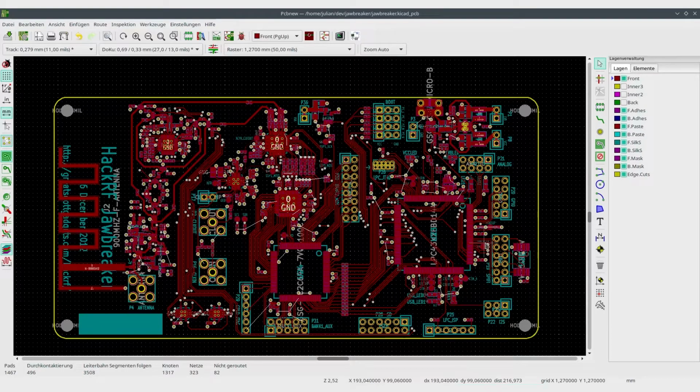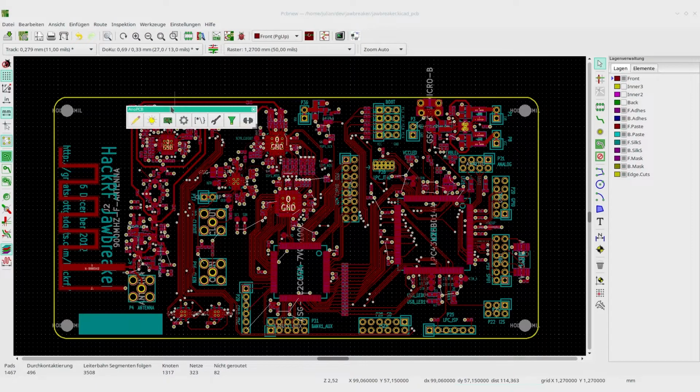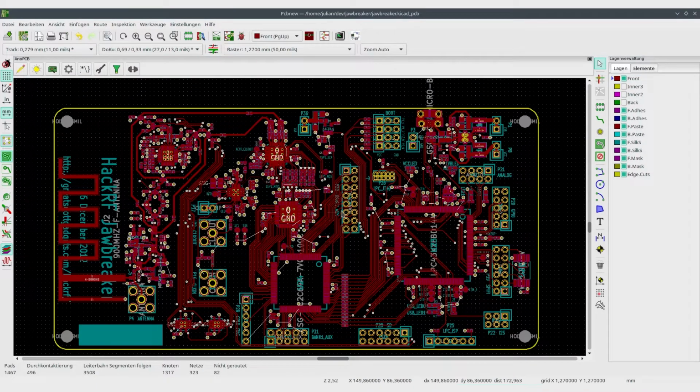This is a tutorial for the plugin UnderPCB for KiCad, a PCB design tool. Let's get started. To use UnderPCB, you'll have to use PCB New in KiCad, and once you have a project loaded up, you can start UnderPCB by clicking on this button at the top. But to get to this point, you first of all have to install UnderPCB.